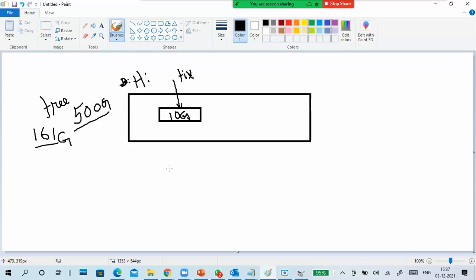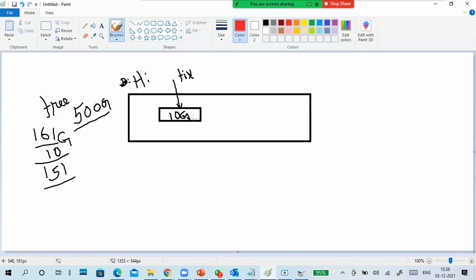The first time only it will occupy 10 GB in the physical space. Meaning my free space now is 151 GB. My H drive free space is 151 GB. It means when I create this 10 GB disk, automatically it occupies 10 GB from the physical space.